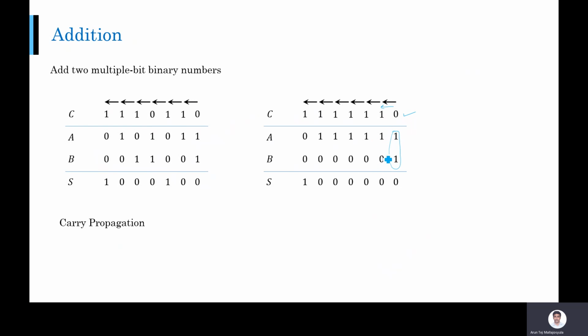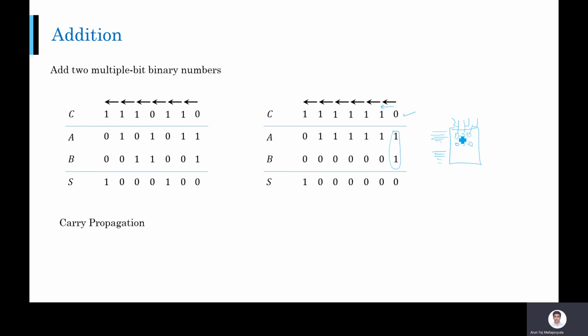Similarly, only when the second stage gives you the carry will you be able to perform this addition. Even though you have all these 7 bits and 7 bits available right at the beginning of your adder, you have A and B, all the bits are available, but you have to wait for the previous stages. So you'll have 7-stage addition happening in your circuit, with each of these stages generating one sum and one carry.